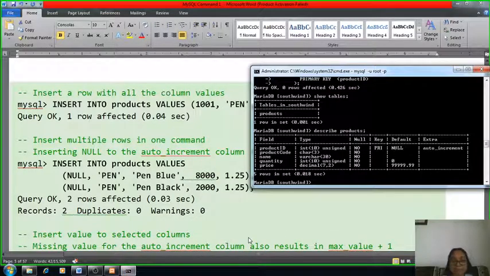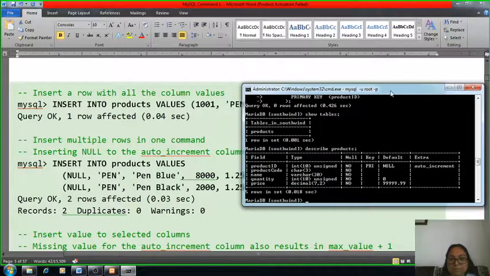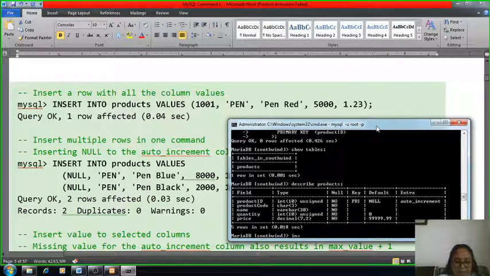So I will give the command: insert into the name of the table, that is product, the table in our database, Southwind. Now values. The first parameter is the product ID, suppose 1001, comma, pen.